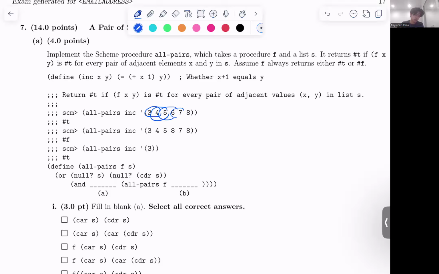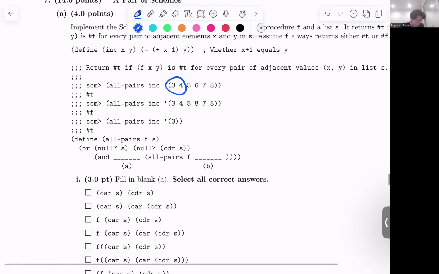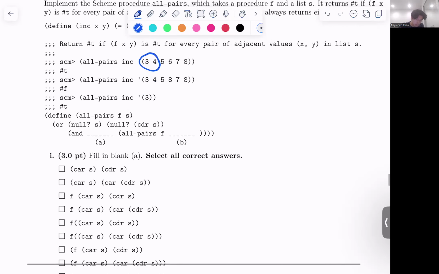Okay. So here we just want to iterate in pairs. I want to first grab the first two elements, call f on them, and see if it returns true or false. If it's false, I can early return false. If it's true, I want to keep looking. And if my list is emptied, I want to return true. So if s is null or the cadr is null,